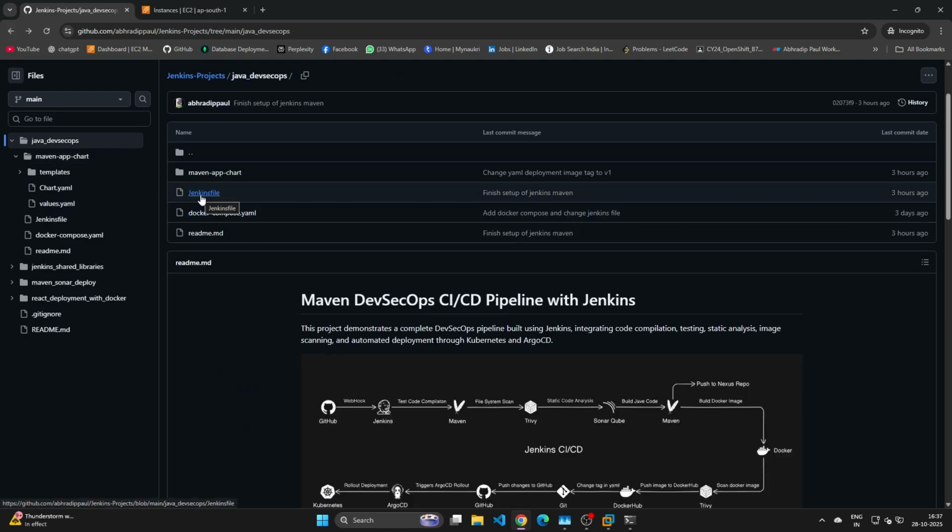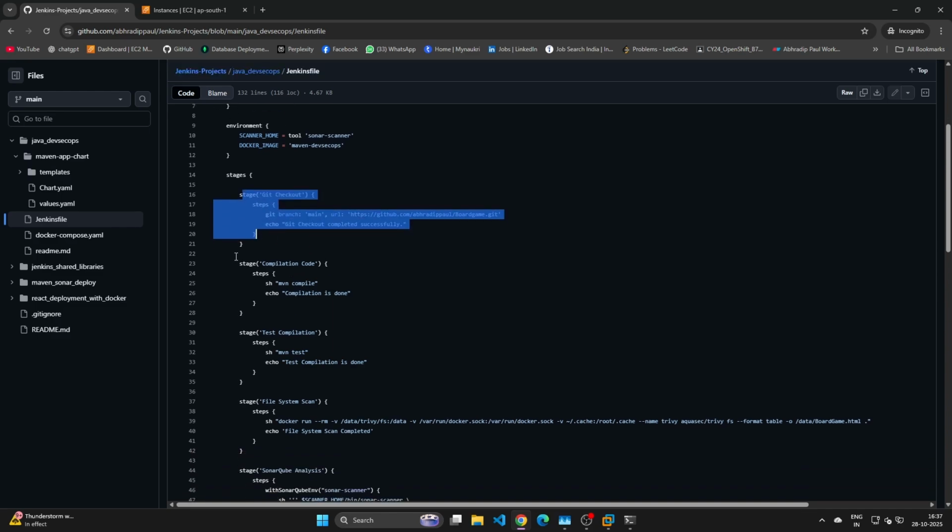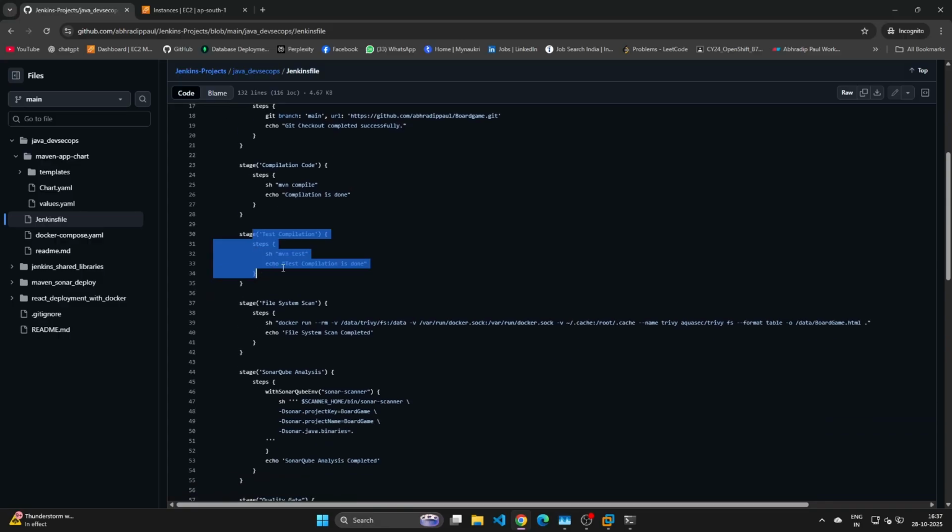the Jenkinsfile, actually this is the Jenkinsfile. So there are pipelines. The Jenkinsfile is not using any worker node, so it is running only itself. So there are tools I am using, JDK 17 and Maven 3. I have done all the setup for this, and the environment variable scanner home. So this is for Sonar scanner, and the Docker image, like this is the global variable for Maven DevSecOps, and there are steps. So this is like git checkout for pulling the git repository, then code compilation, which compiles the code, then it will test the compilation to see if there is any issue using the test scripts, and this